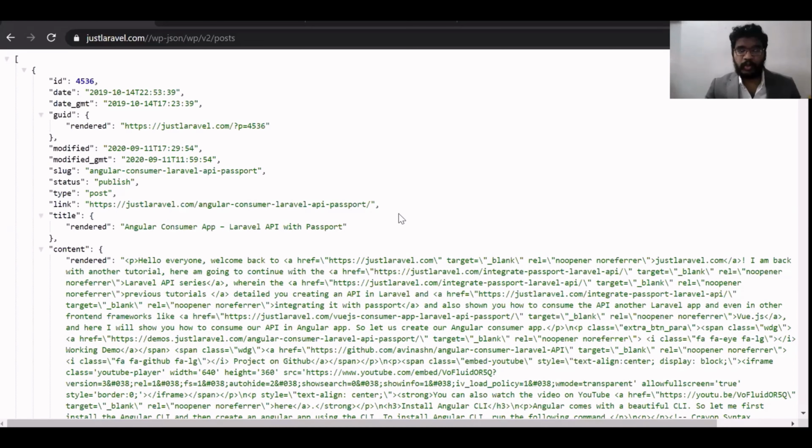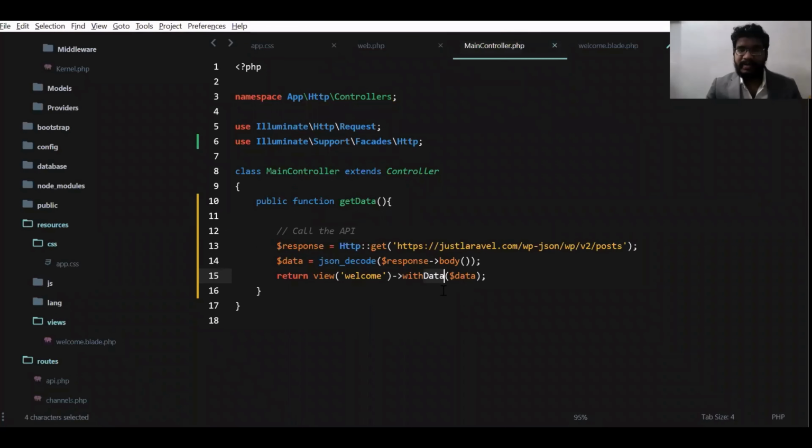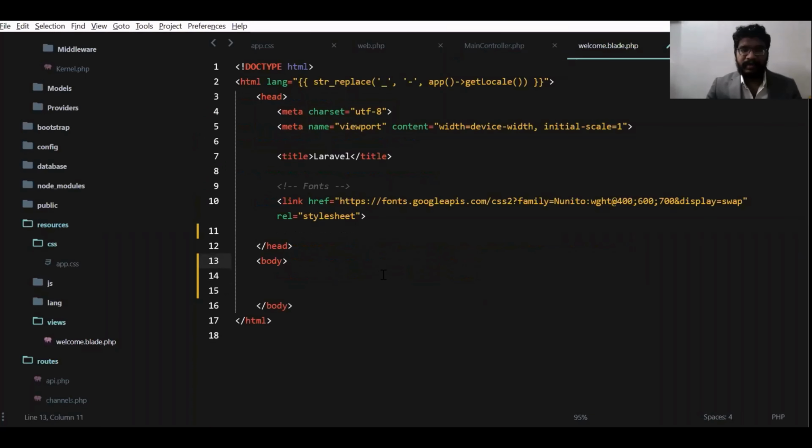So let me go into my application. Here in this controller, as you see, I pass this. So I'll run a foreach loop. This is the default Blade foreach: $data as $post.